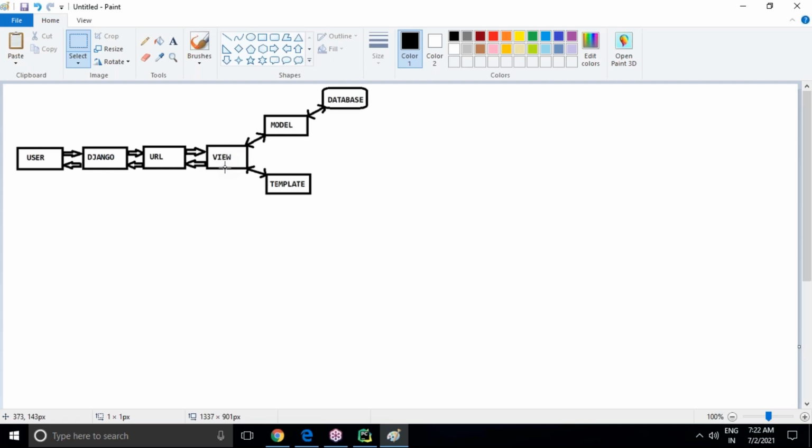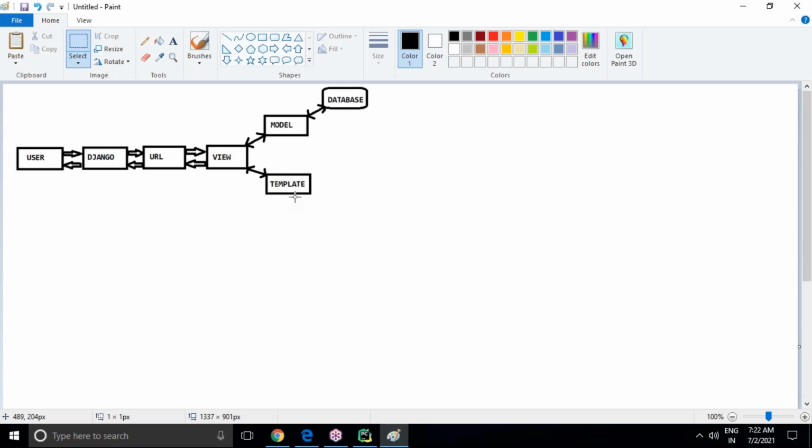And views can be of two types actually. Function based views and class based views are there. So I'm talking about function based views. I need to create one simple function, and in that function I need to write some logic, and after that I need to get a response. So through URL mapping, the user will send a request to the server. The Django server will identify the required URL, and that URL is associated with what view it is going to be mapping, and then the view function will execute. Then the response will be given by the server to the user only, as of now.